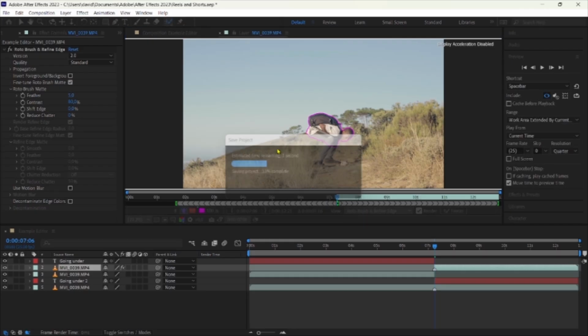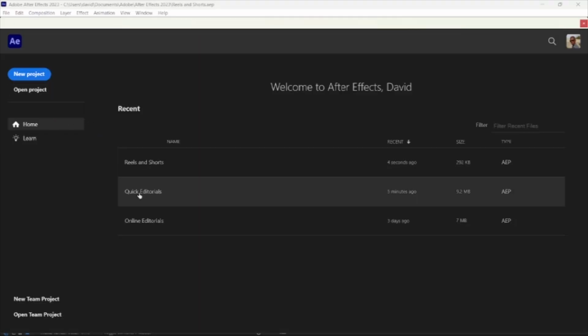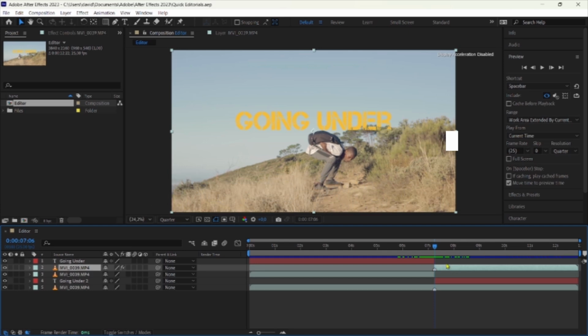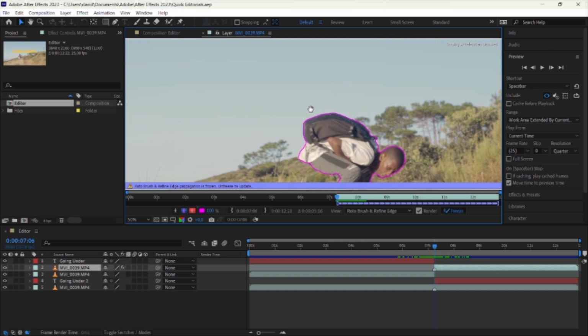So we're going to go back to the main project that I've already worked on. This is to save time. When I open the main project, I'm going to double click this. As you can see, in my case, down here it says freeze. I've already froze the selection that I made. I've gone through the entire process, but I'll show you again on how to do it. For example, that's the selection that I made, right?